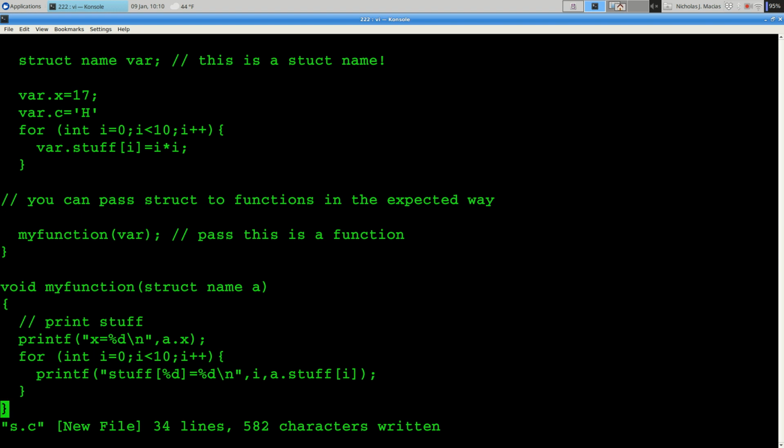So we'll go through a loop and we'll take each element of a.stuff from 0 through 9 and we'll print that out just to verify that we actually passed all this stuff by simply passing this one argument to our function. Make sense what we're doing here? Okay. So, barring syntax errors,